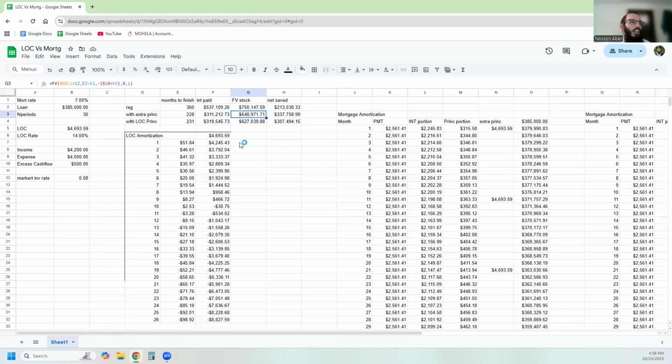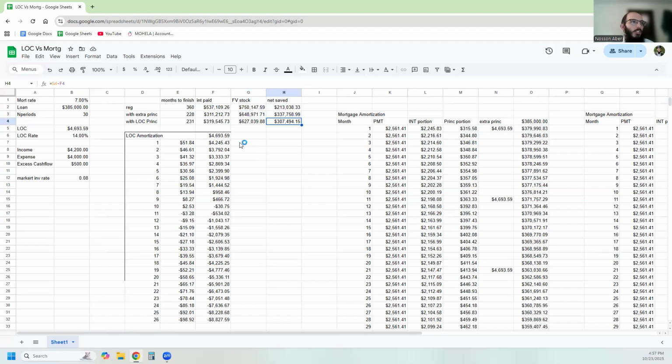And what this does, these two do the same thing with the stock, except they start after the months to finish. So this has 3 more months to pay into the stock market. Plus, after you finish paying off your mortgage early, you can include the mortgage payment, which now you don't have to pay. You dump that into the stock market. That's the only way to do a fair analysis. And so these have lower stock market numbers,